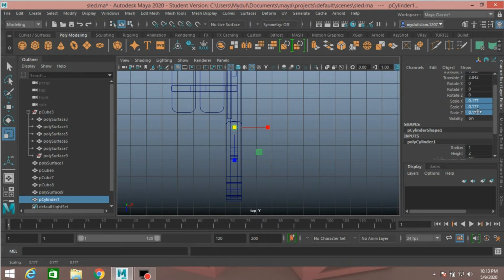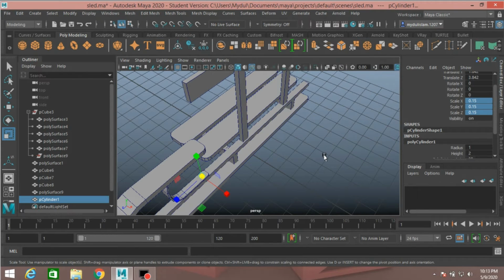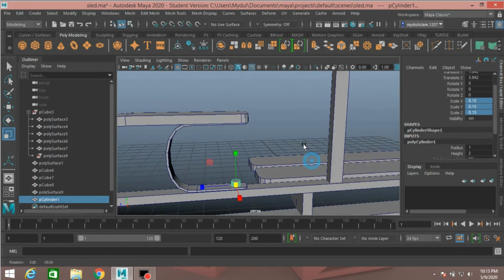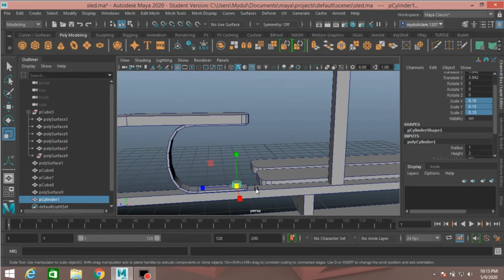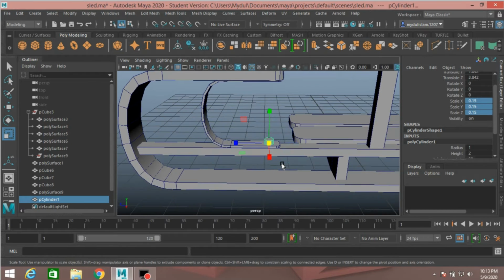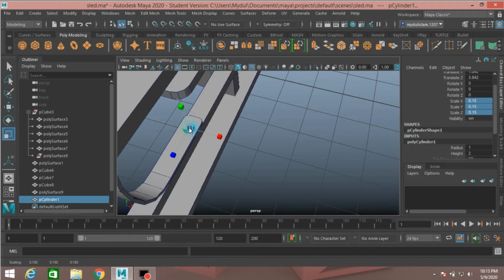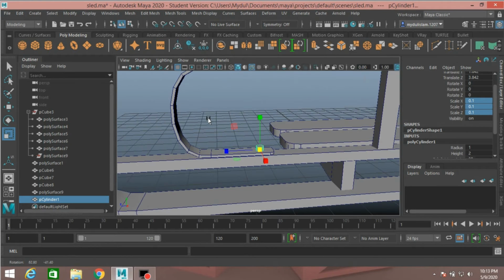Type scale XYZ 0.15, press enter. Now go to perspective view and again scale to make it little and move it down.